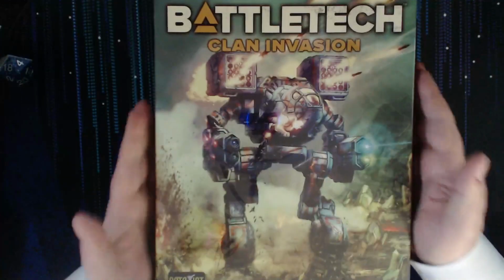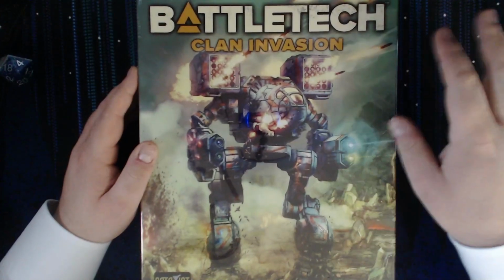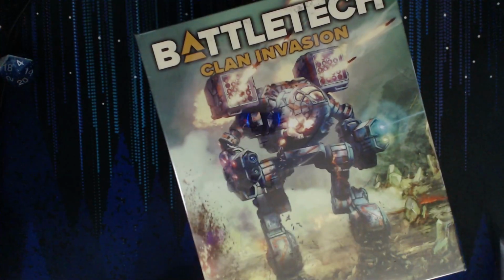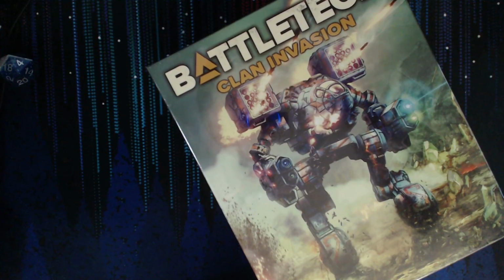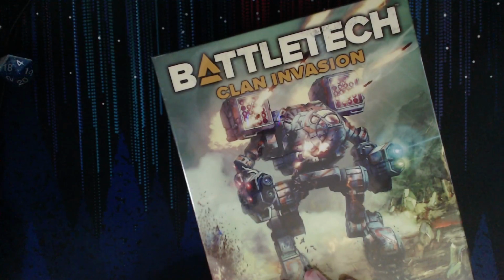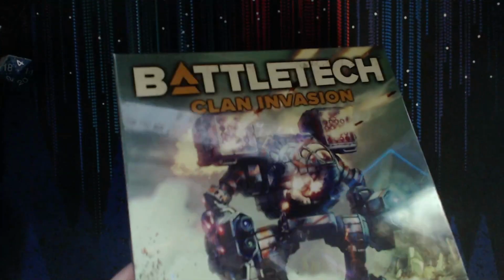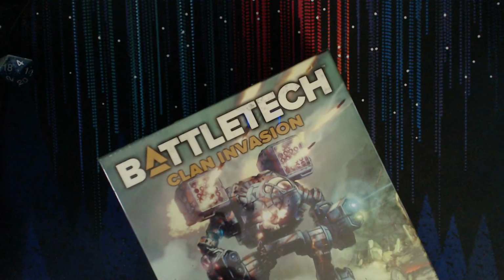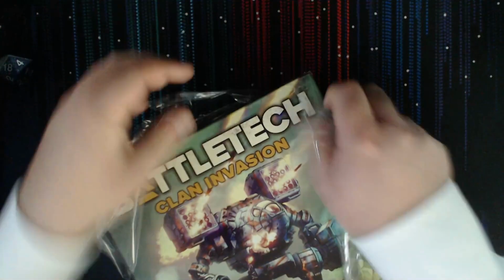Again, this did come out during the Kickstarter. I do remember the controversy. I know that they had the warning, art is not final, but when they did the original preview for the Clan Invasion box for Kickstarter backers, it was essentially an alternate artwork with a Mad Cat on the front of it. When it finally hit and they revealed the artwork and people got the box, it was some other battle mech, I don't remember, but it was an Inner Sphere mech, I think, and maybe it was the Vincent. No, it wasn't a Vincent. And everybody was upset because